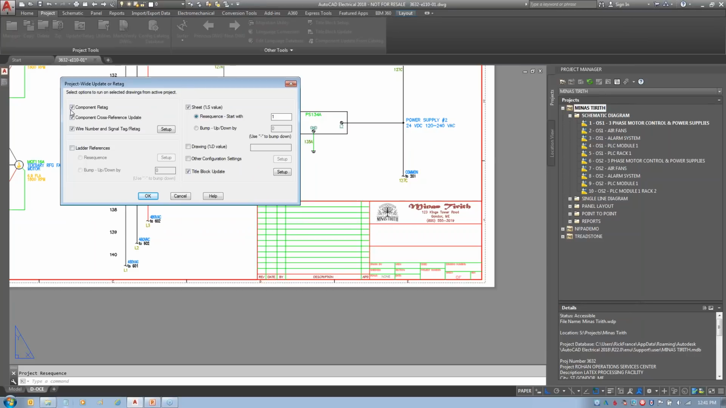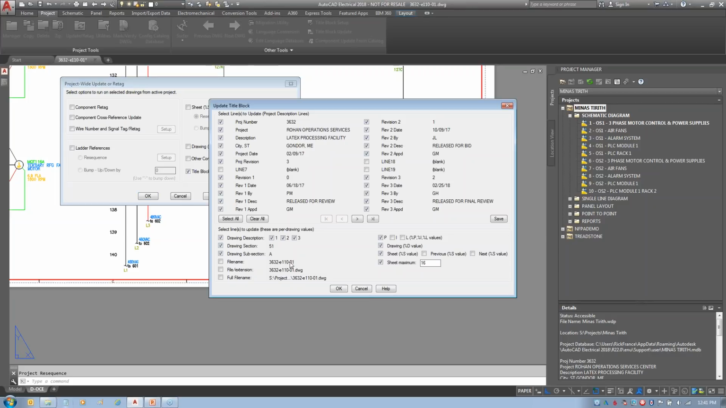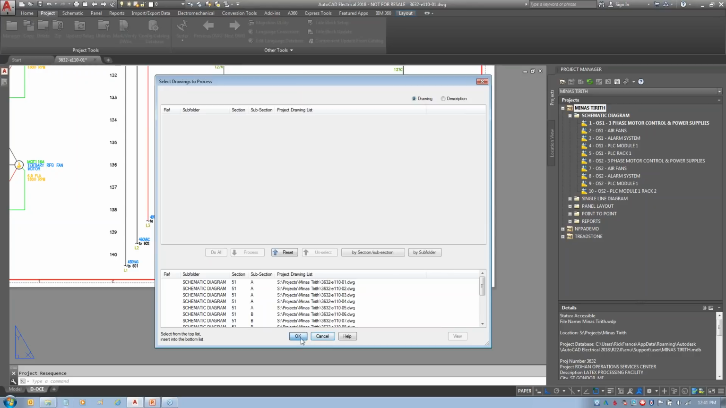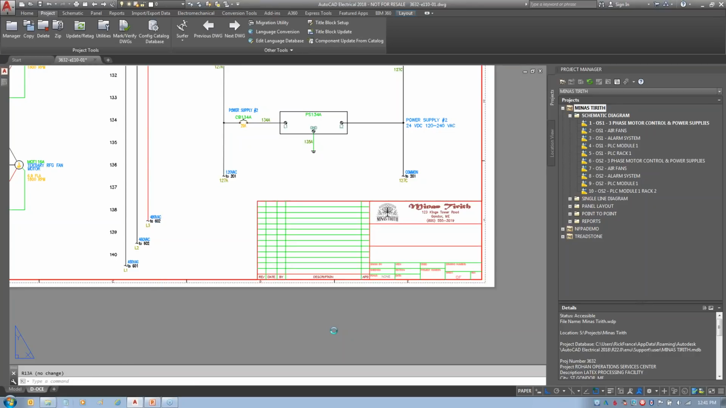Since I don't want to do the whole project of everything, I'm going to take out everything but the title block update. Setup. Here, everything's already set up for the entire project. Just hit OK, do all, OK, and it's going to update this project based on that file for this title block. So I have two different systems set up within the same environment